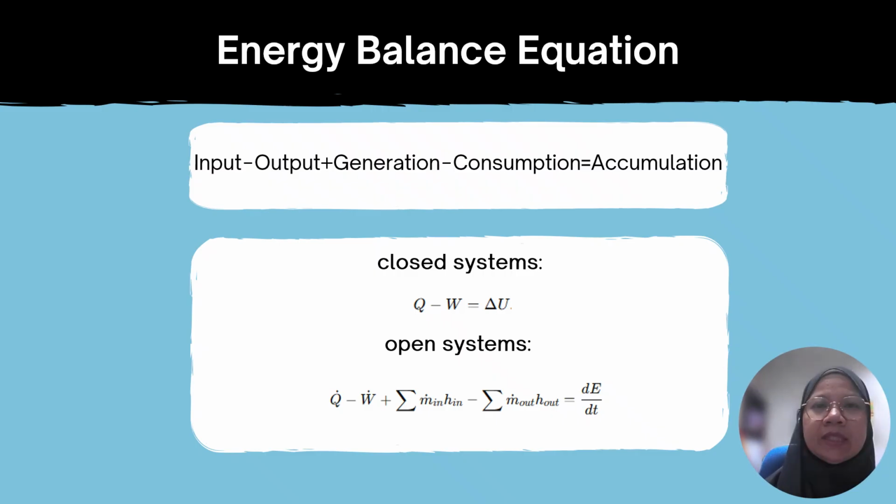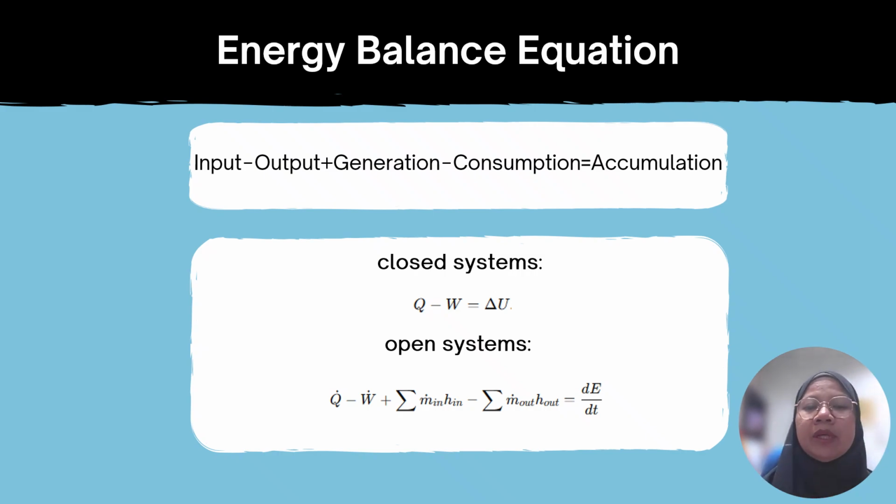The first one is the closed system, where the equation reduces to heat minus work equals the change in internal energy. While for the open system we use enthalpy and write it as